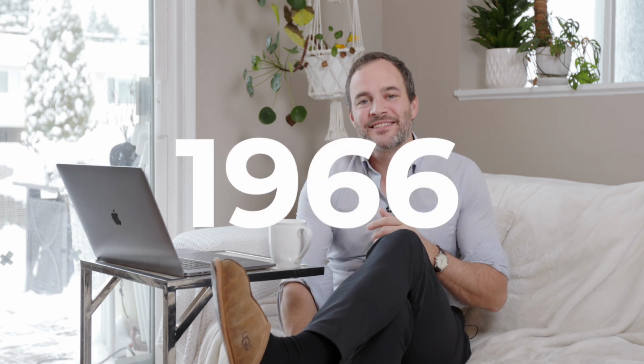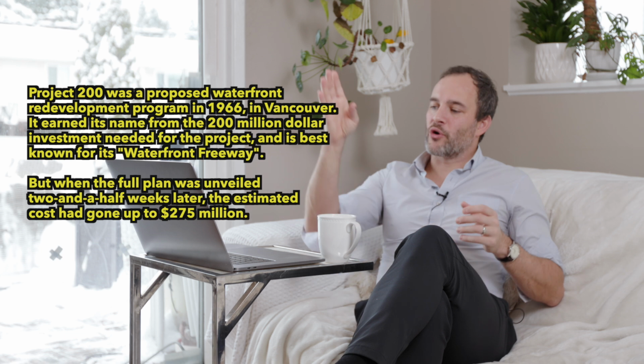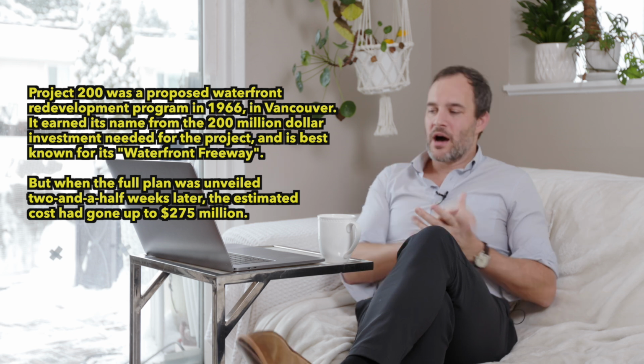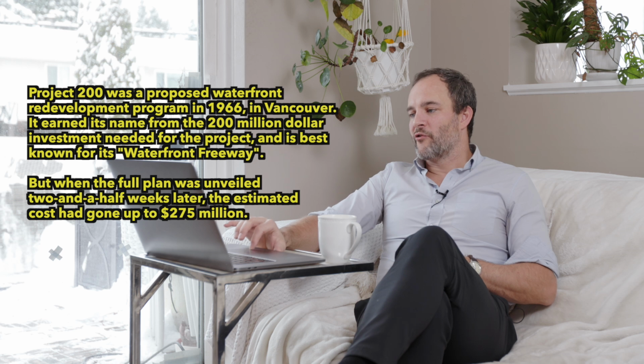So we're going to start all the way back in 1966, when my parents were in their 20s, I'm guessing. 45, yeah, about 20. So may I introduce you to Project 200. Project 200 was a proposed waterfront redevelopment program in 1966 in Vancouver. It earned its name from the $200 million price tag of investment needed for the project, best known for its